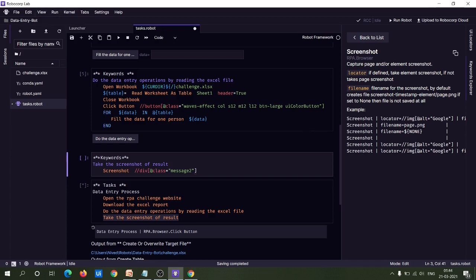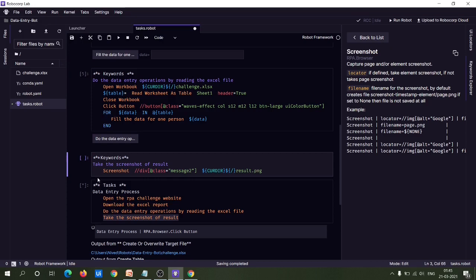Since you need to save it in this workflow folder itself, we can pass the file name like this. Dir, this actually represents the current directory, dash, and the file name. The file name is result.png. Okay.